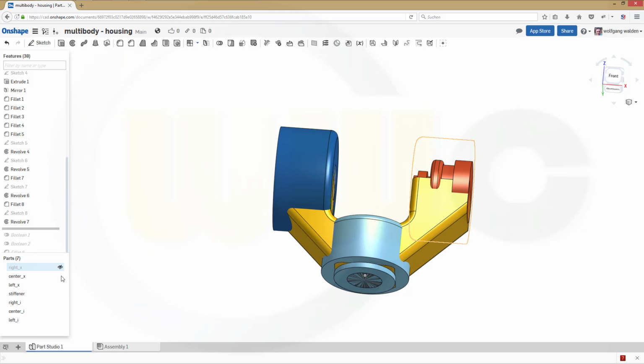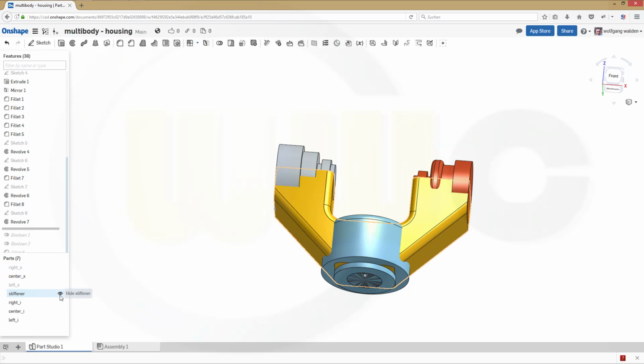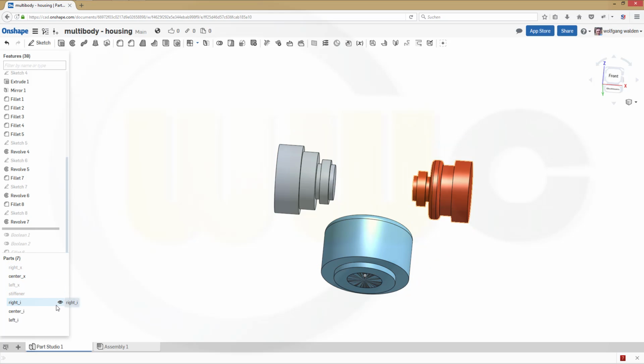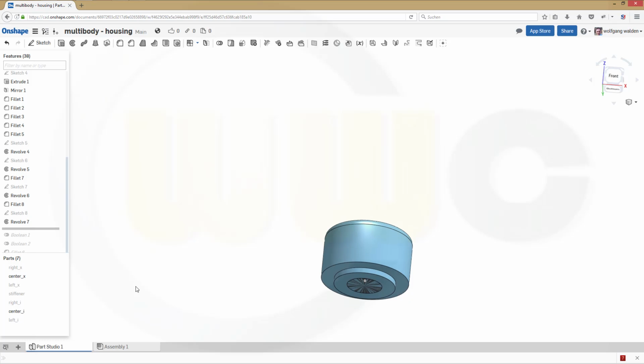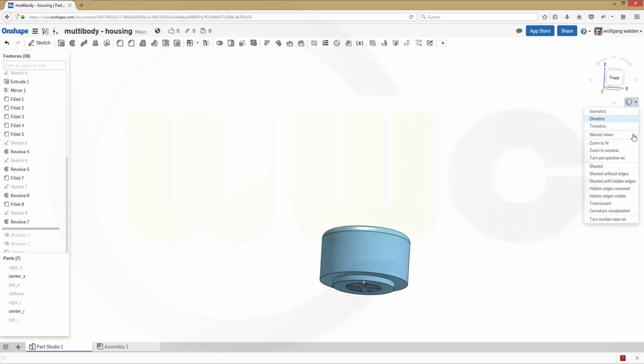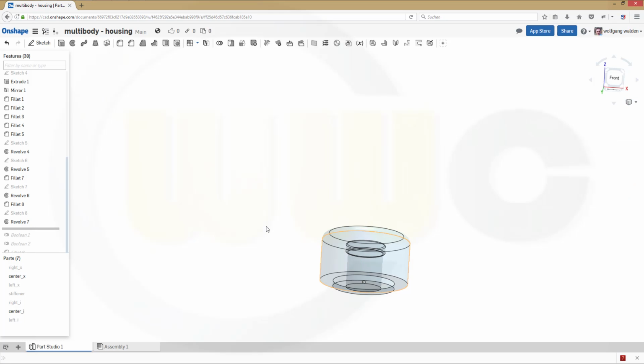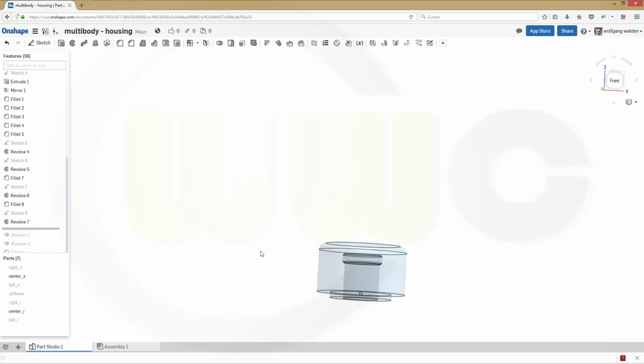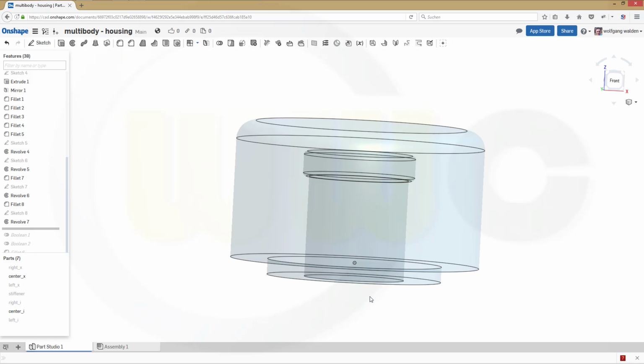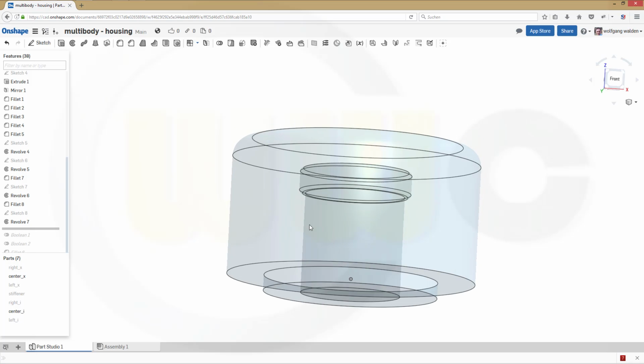Let's hide, hide, hide, hide and hide. And make it transparent and check. So something is not